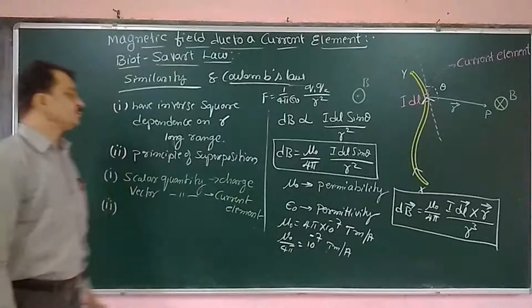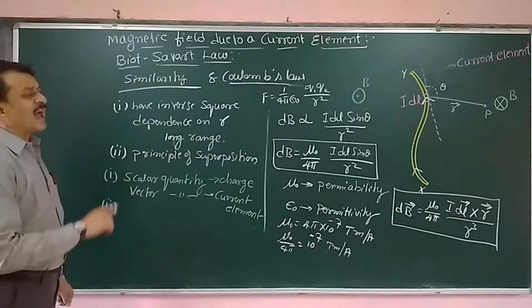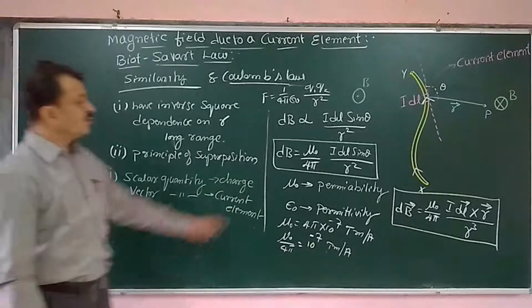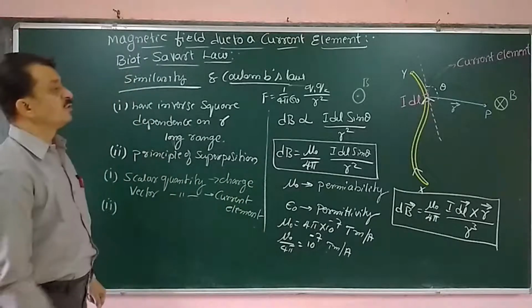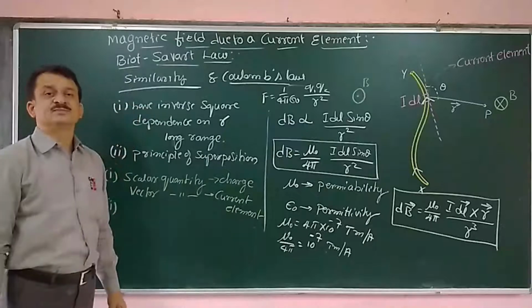Second point, there is an angle dependence in the case of magnetic field. There is no angle dependence in the case of electrostatic field. So